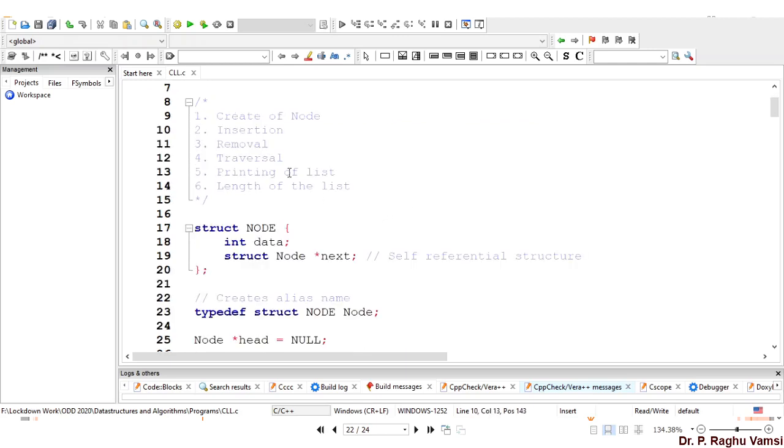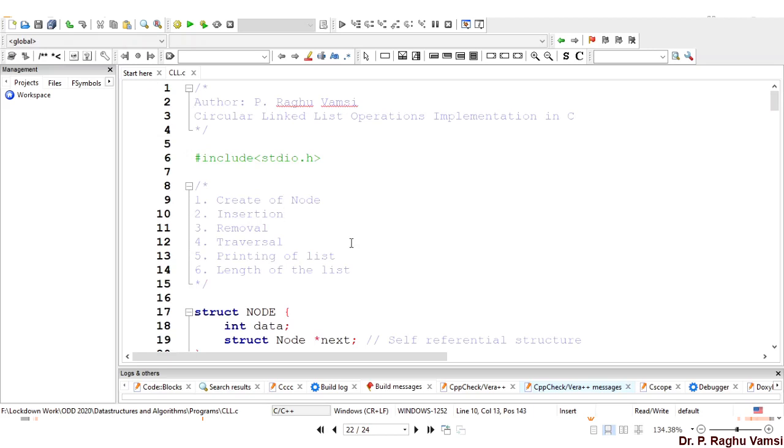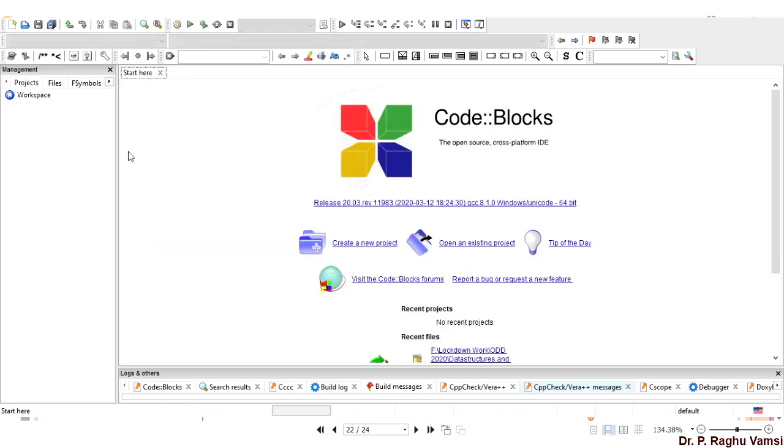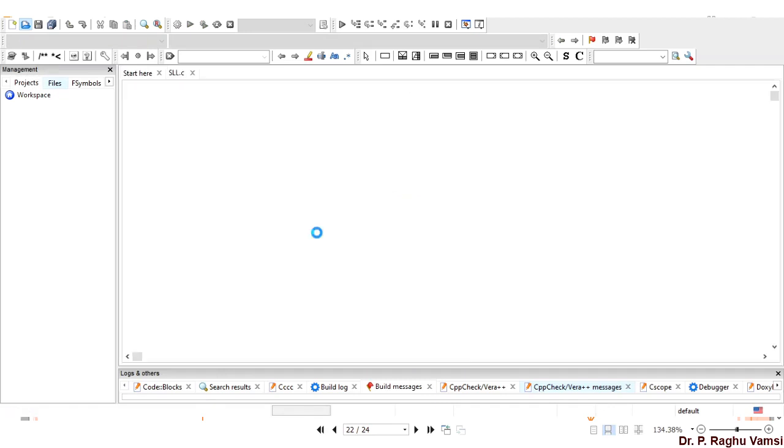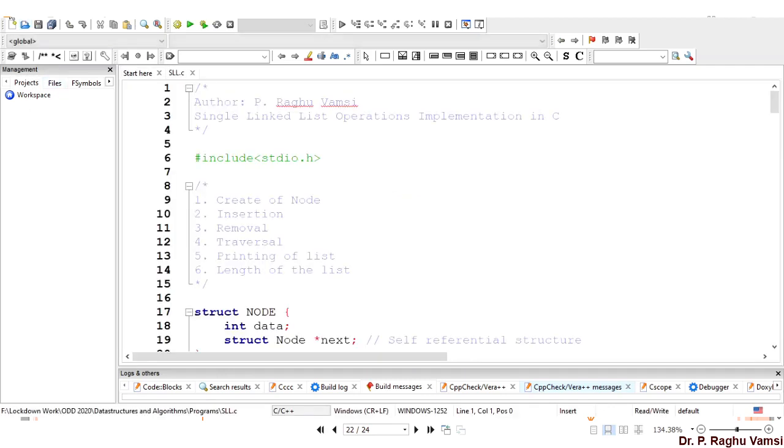Now, for the circular linked list, I took the single linked list code and started typing that. In the same way, I will use the single linked list code and save it as double linked list, DLL.